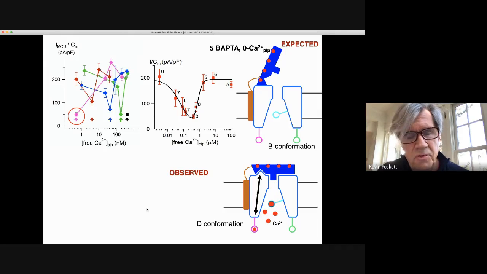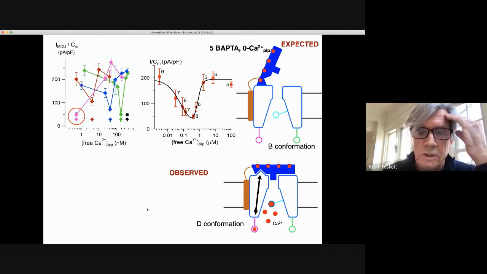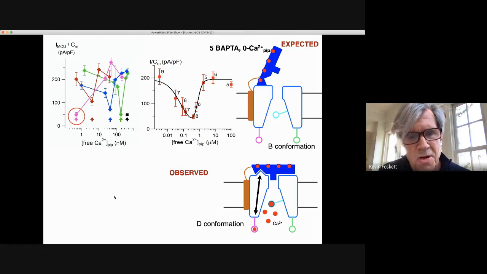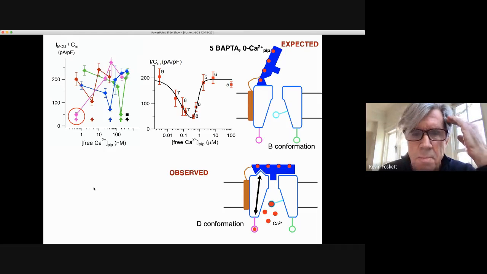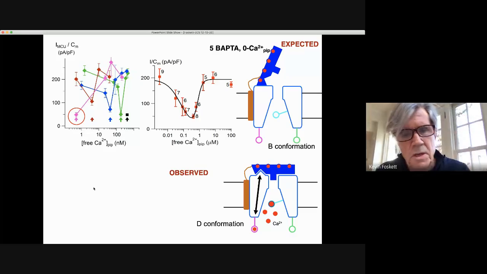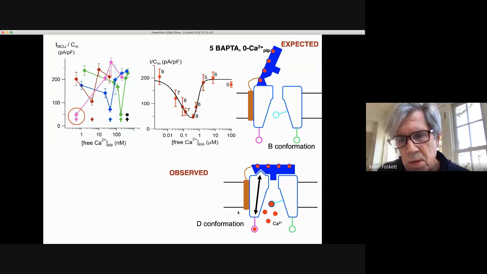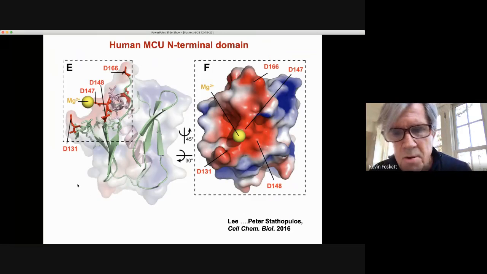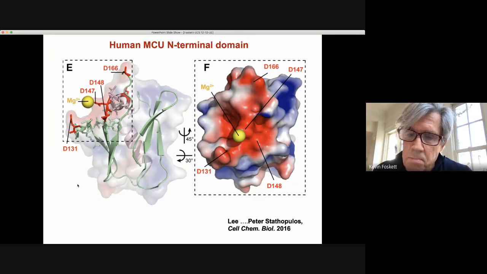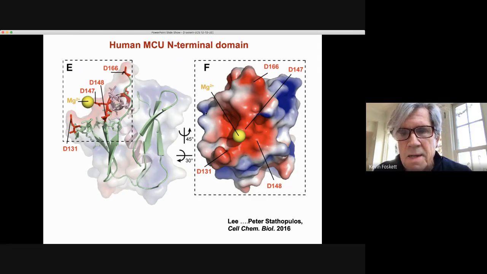So it occurred to us that even though we were buffering all of the calcium, we had magnesium in the pipette solution, and we hypothesized that magnesium may be interacting with the site. And we remembered a study from Peter Stathopoulos, who described in the N-terminal domain a magnesium binding site, and importantly coordinated by, I'll point out a couple of residues that I'll talk about, 131 and 147. And so we wanted to test